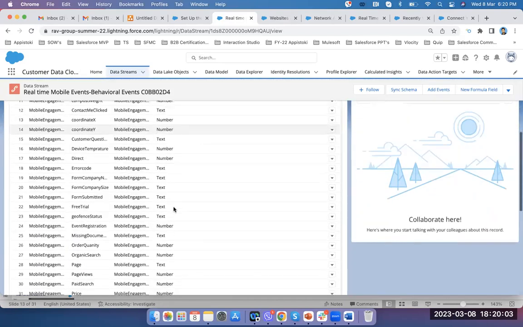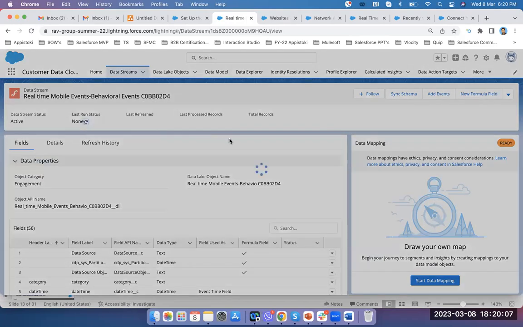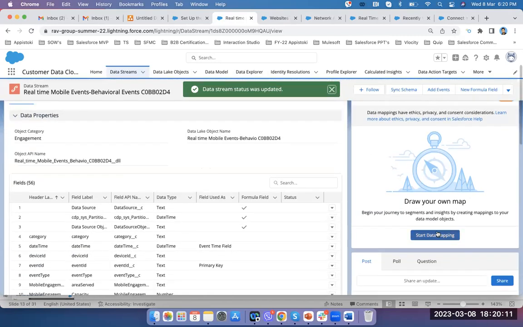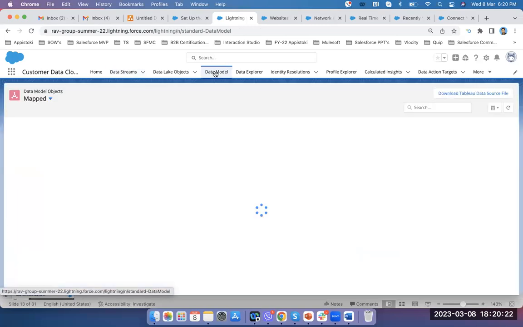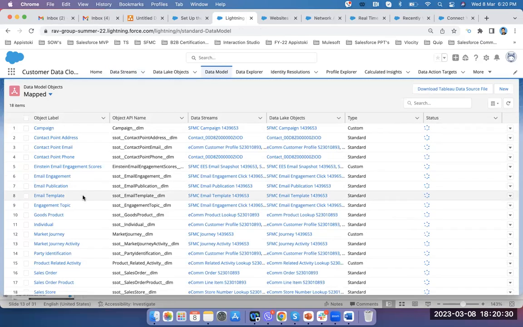Now you can see all 56 fields have been created. With the same concept, it will take some time to load the data, about 15 minutes. We can then start the data mapping for the respective data stream, design the data model, and the model will be stored under Data Model here. Because just now we created one data model for mobile, the website. So the same data model you can see under one of your data models here, because it's not mapped,